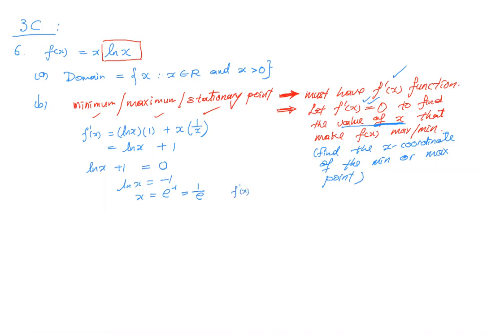How many of you all did that? This is your responsibility. Since it's a minimum, here will be negative, here will be positive. So your f x graph goes like that. Am I right? Okay, so we will write down here the local minimum